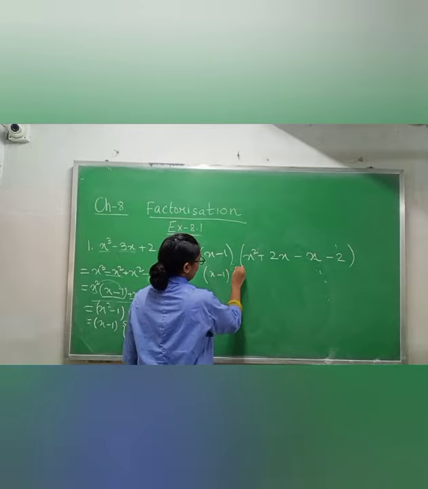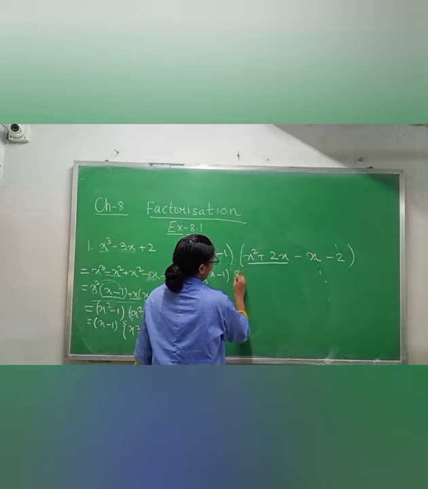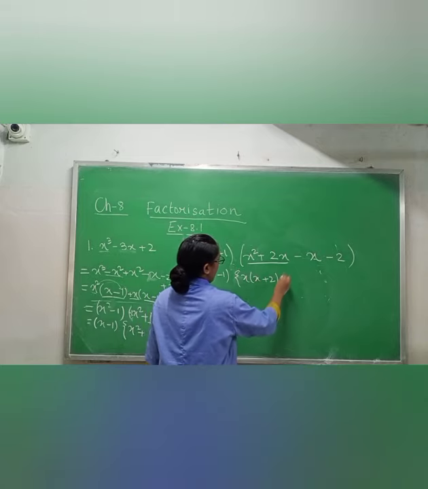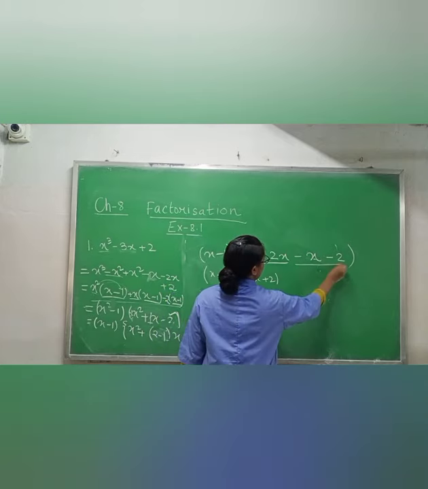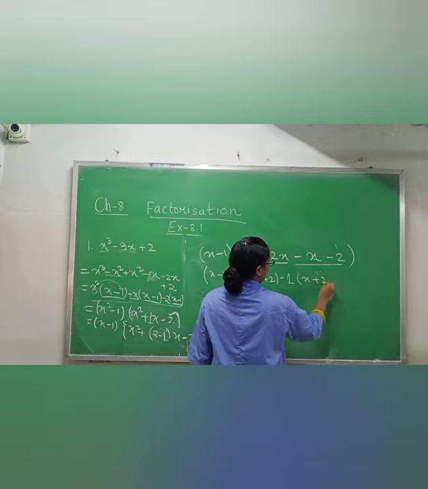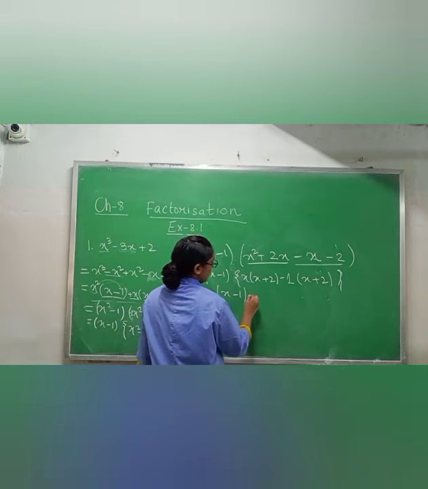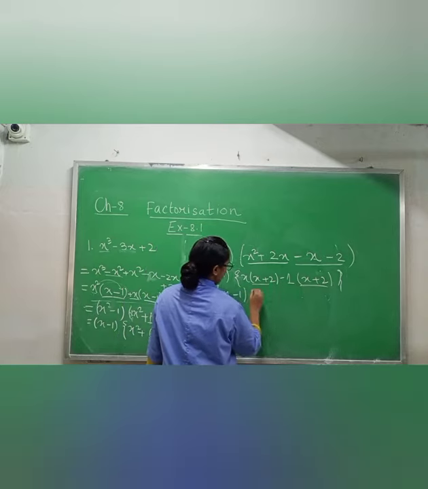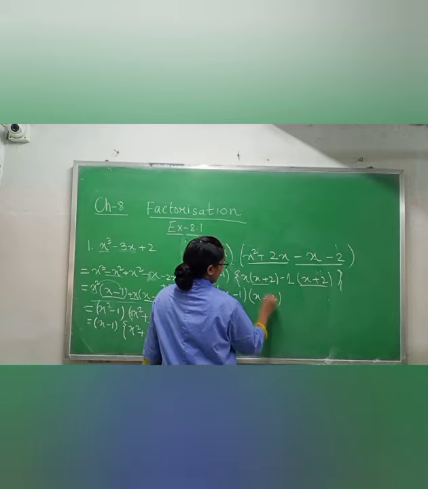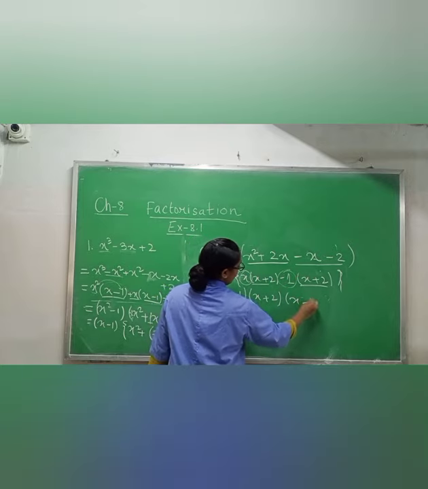Now see, x minus 1. x, here we can take common from these two. You know how to do middle term. x plus 2. And here what will you do? Here nothing is common. It means the minus sign will become common, and nothing is common means 1 is common. x plus 2. x minus 1, then x plus 2, x plus 2. You will write x plus 2, then whatever is left you will write x minus 1.